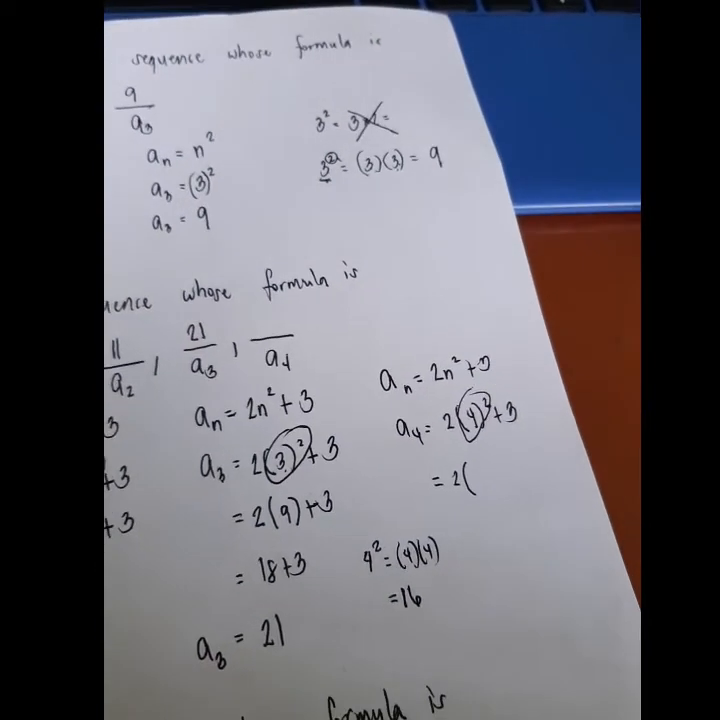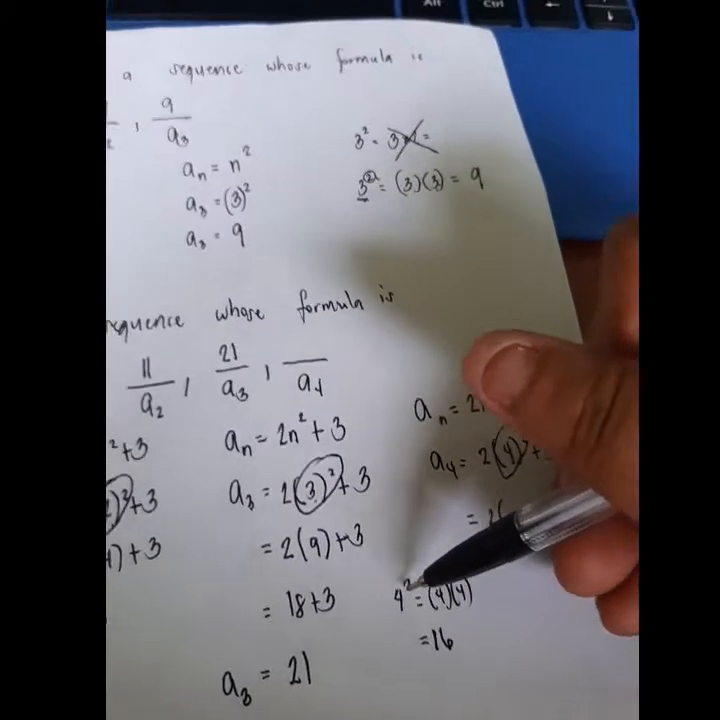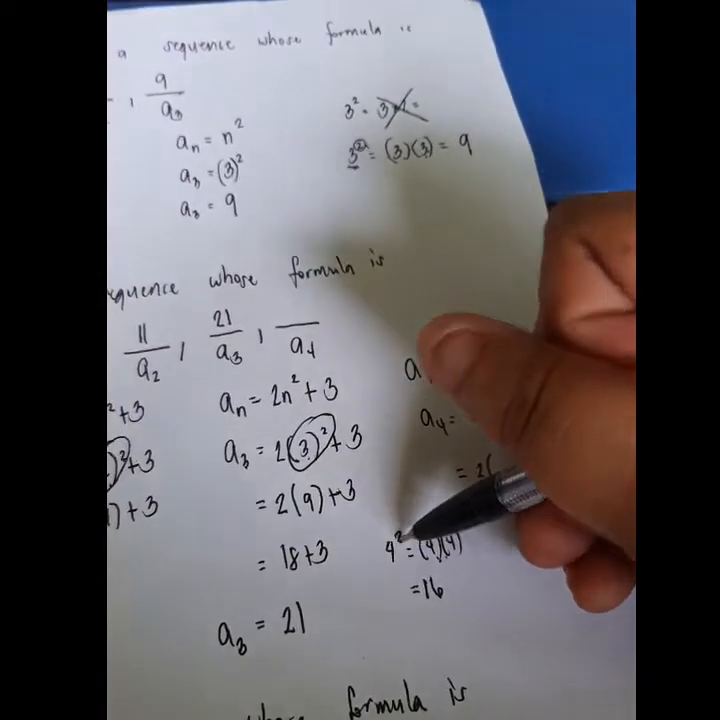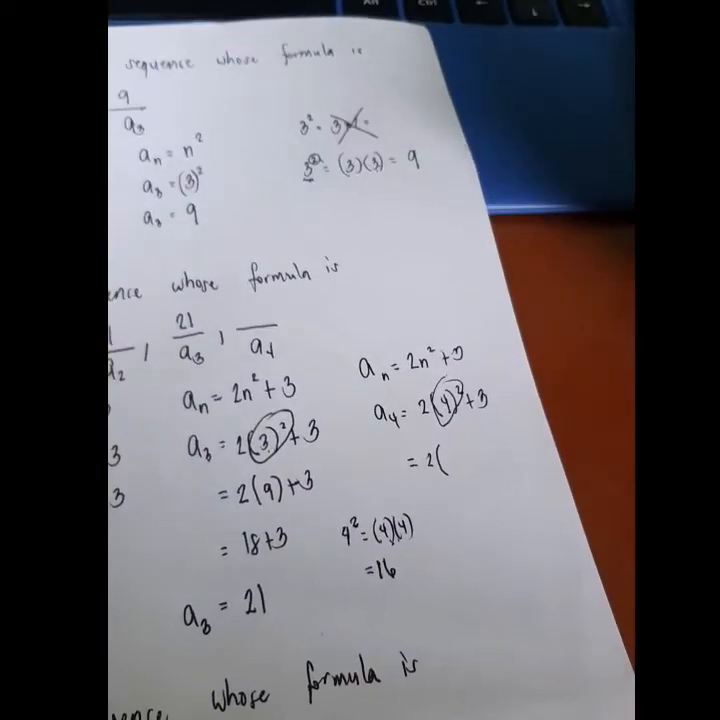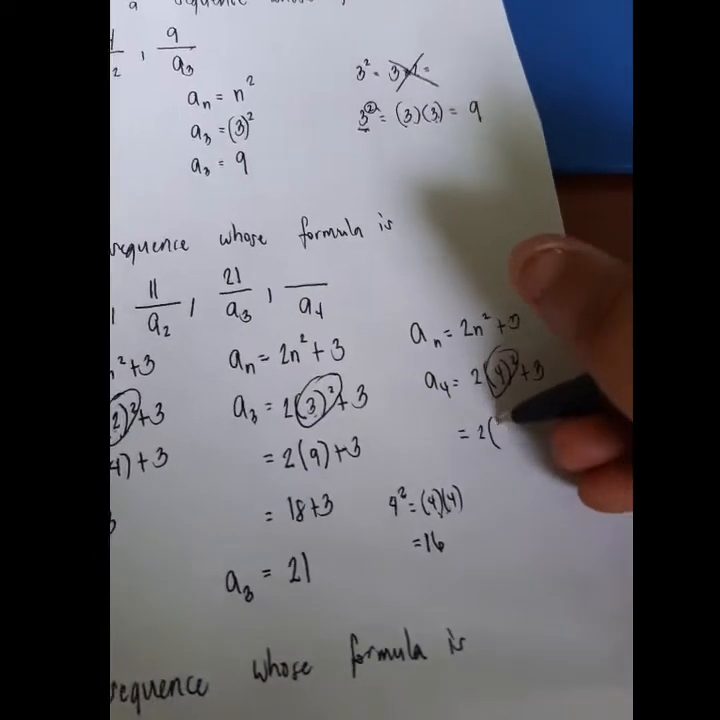Again, don't make a mistake in simplifying an exponential expression. 4 squared, you should say that it is 4 times 4, not 4 times 2. That is the most common mistake of students. So, be careful. So, you're going to have 16 here